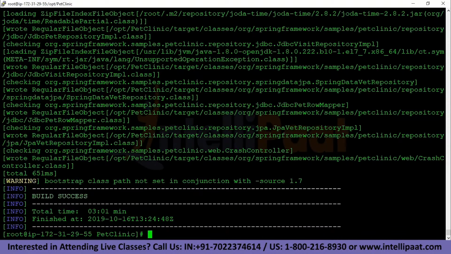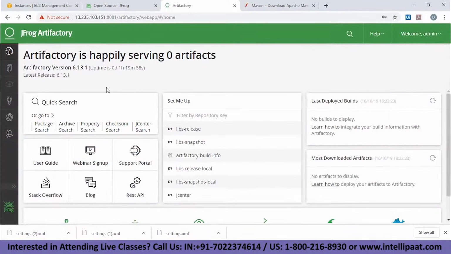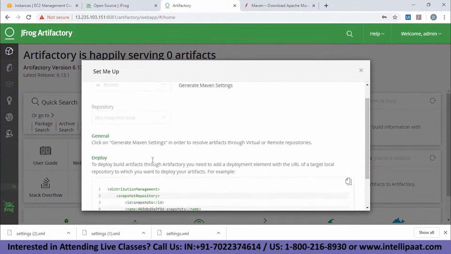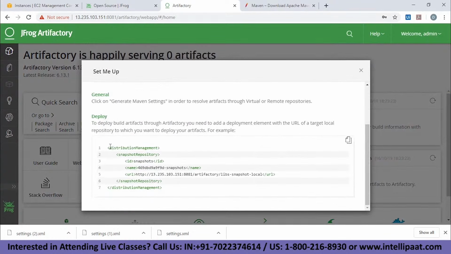As you can see, Maven has now compiled our project, and we can go forward and set up the distribution system. To set up the distribution system, we go back to our browser and come to our JFrog dashboard. Click on libs-snapshot-local again, and we'll come down and copy this part of the code. It will be used to deploy the war file or the jar file, whichever artifact you have created,